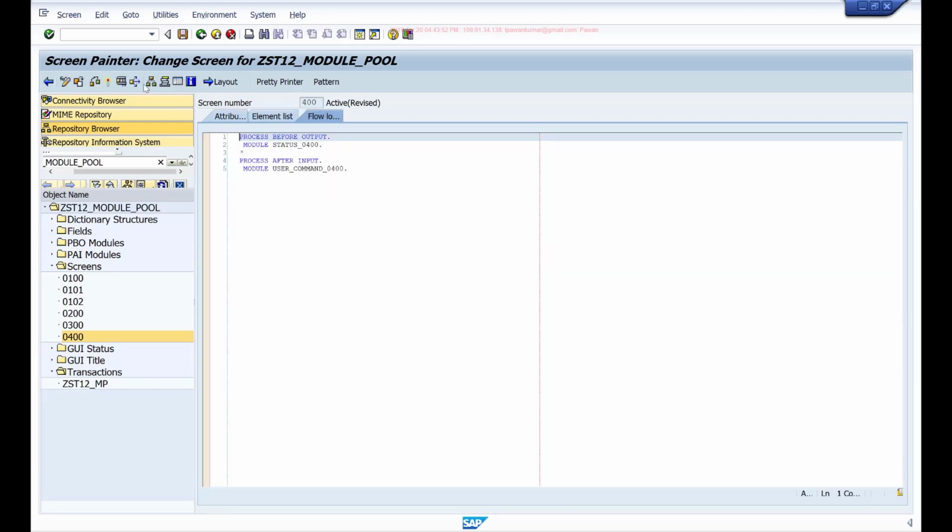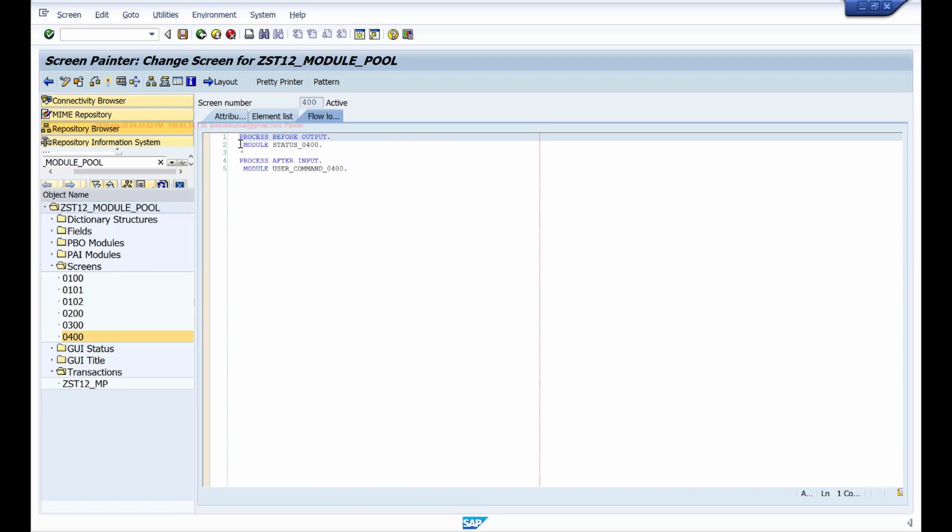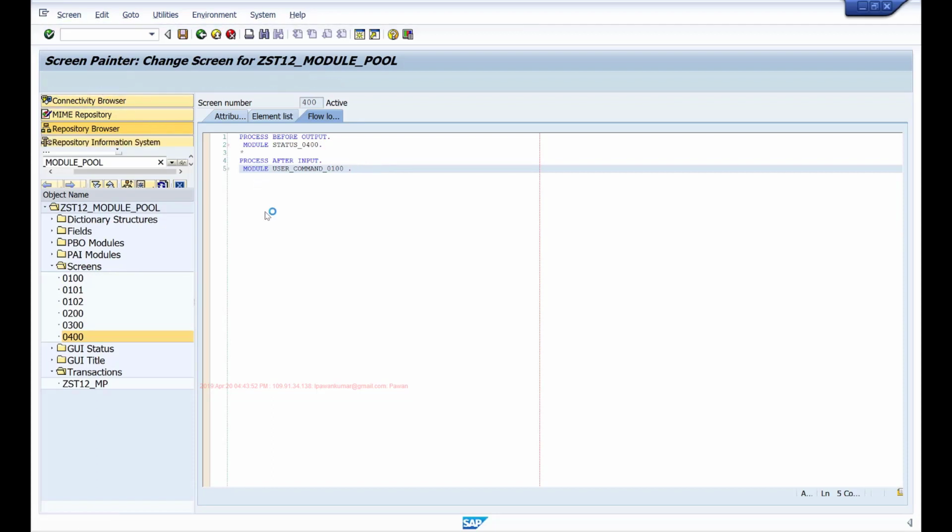However, in the module I can write the code, or else I can call the same module here also. So I'll call this module so that the same code gets executed. So all the modules that you maintain in the main screen can be called from any of the screen's flow logic.